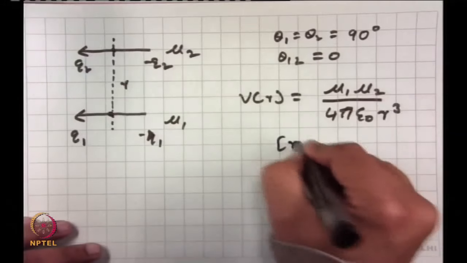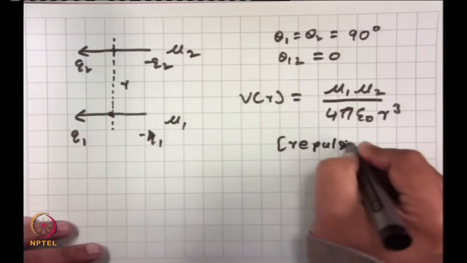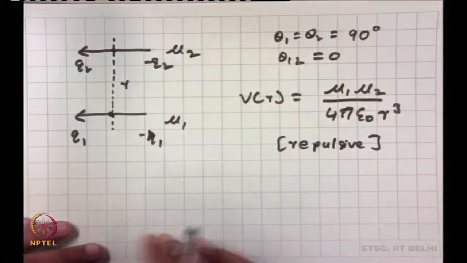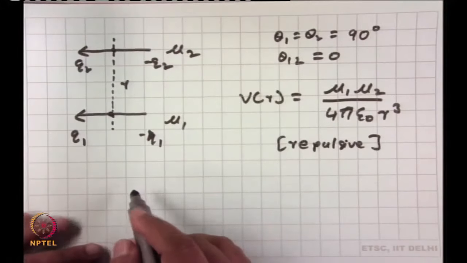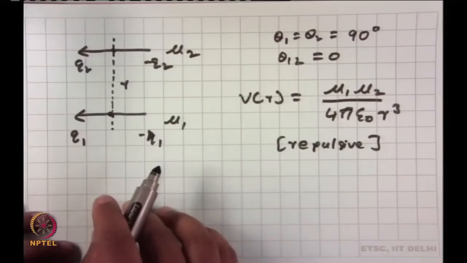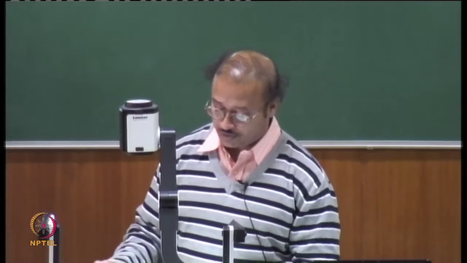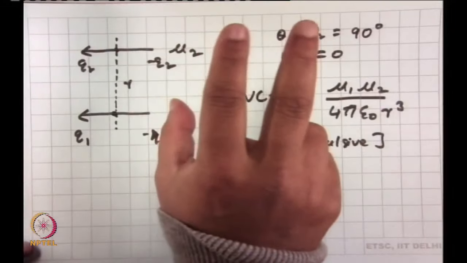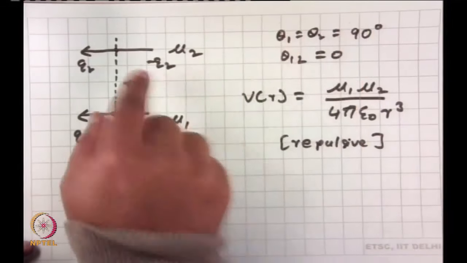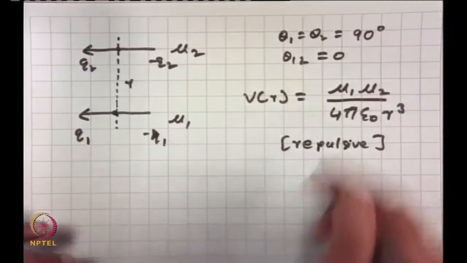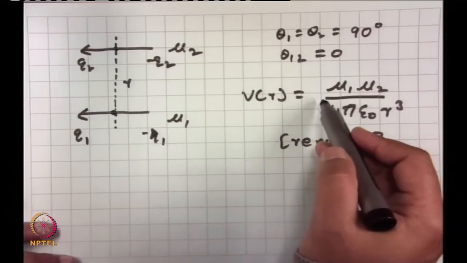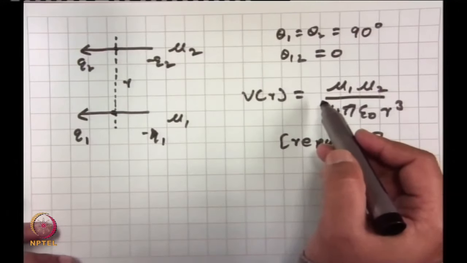And the interaction is repulsive in nature because your like charges are just on top of each other. So think about the different orientations you can have, okay. So I can take some other orientation examples, right. One of the other orientations is this one just flips to give you a very stable interaction potential. When this one will flip, that means minus q2 would come here and this plus q2 would go there, what would you get? You would be getting the same thing with a negative sign because it is an attractive potential, that is why.